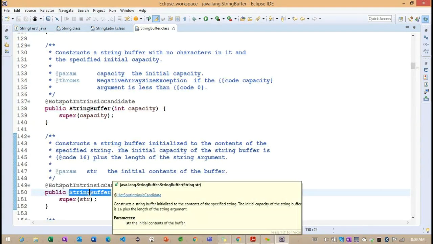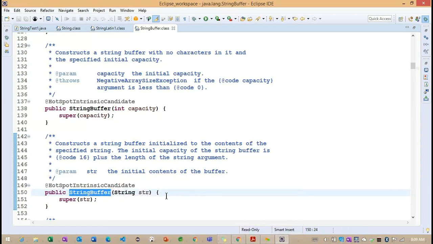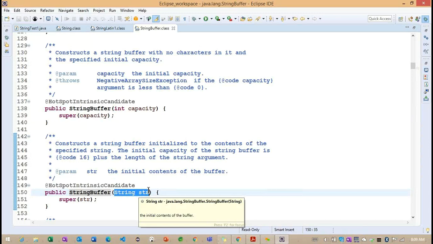Right. Once a capacity is provided, what happens internally? Now you can see this is also another StringBuffer constructor which expects a String as a parameter. Now what are you understanding here?